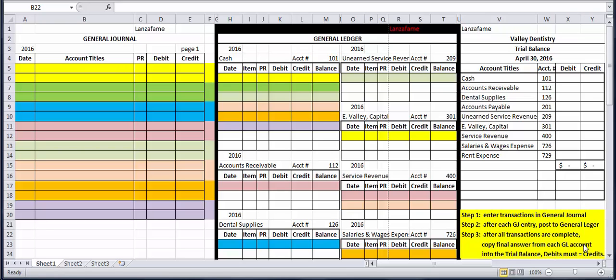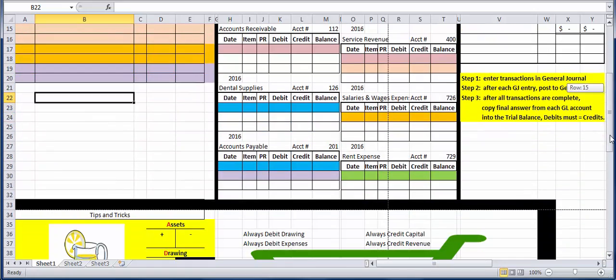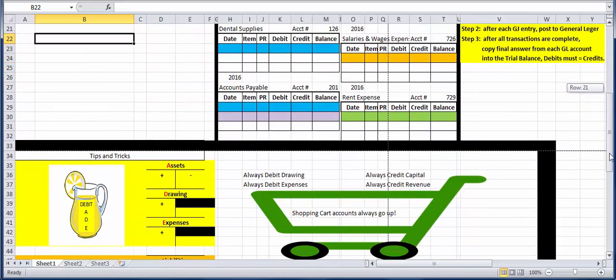Okay, so just want to give you a little bit of a heads up of where we're going. In front of us, we have a general journal, a general ledger, and a trial balance for us to fill out. And as we go through the process, hopefully you will understand every little step of the way. Keep in mind that in order to succeed in bookkeeping or accounting, you still have to know your rules. So I'm just going to scroll down a little bit and show you some of the rules that we've discussed